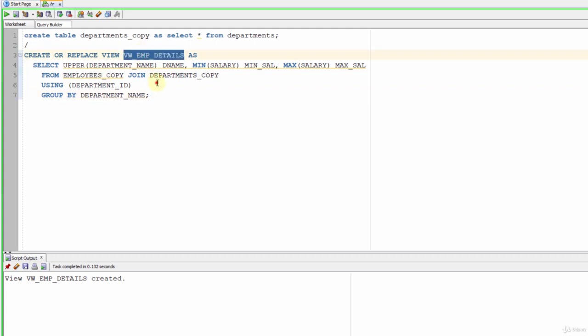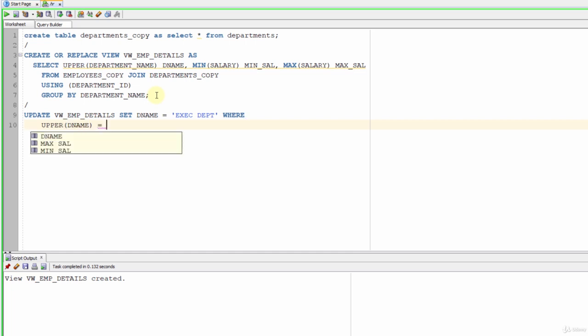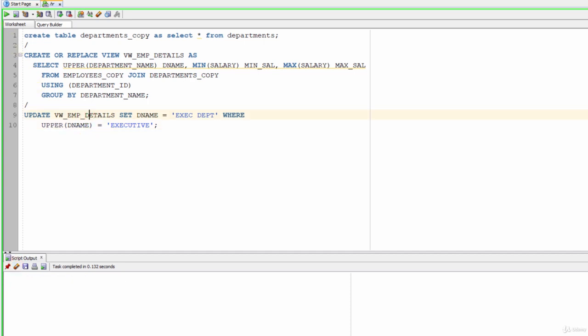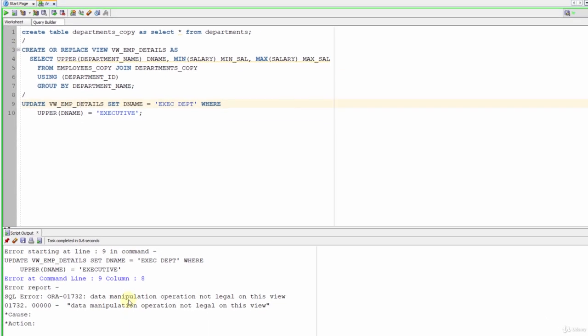Let me copy the name and write update our view set dname is equal to, let's say, executive department, where upper dname is equal to executive. Now let's run it. As you can see, the error message says data manipulation operation not legal for this view